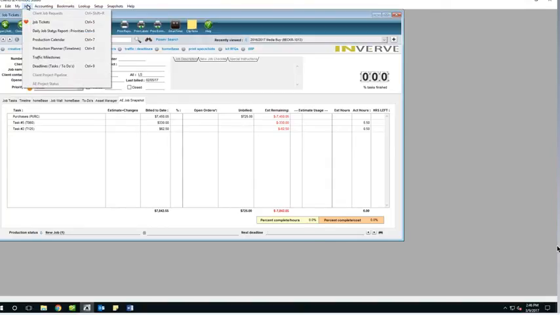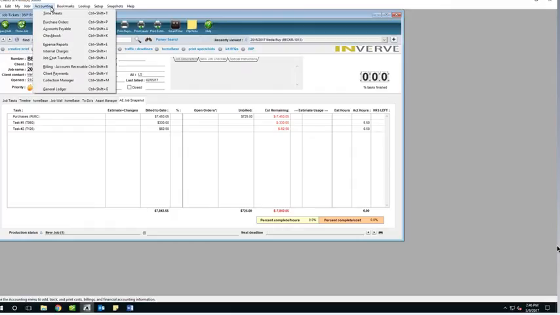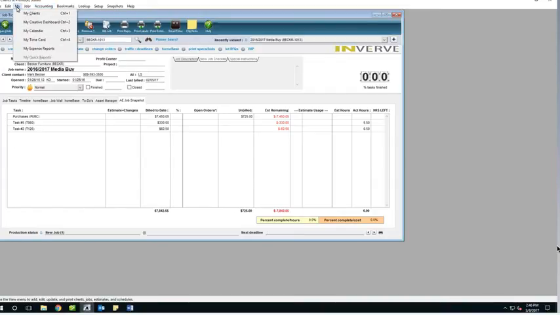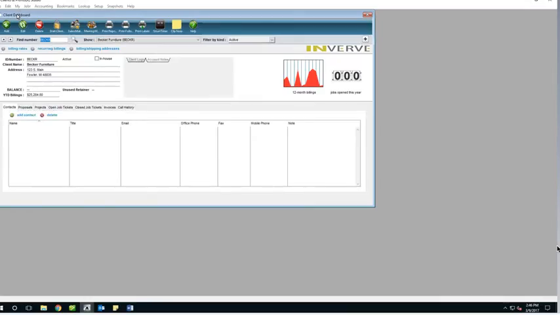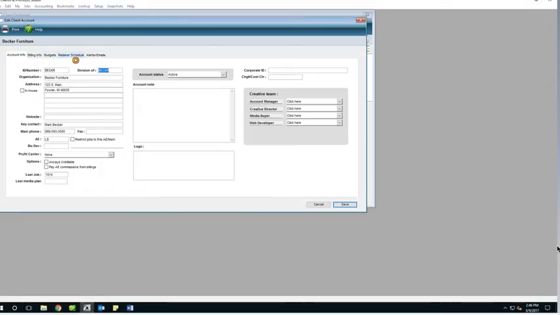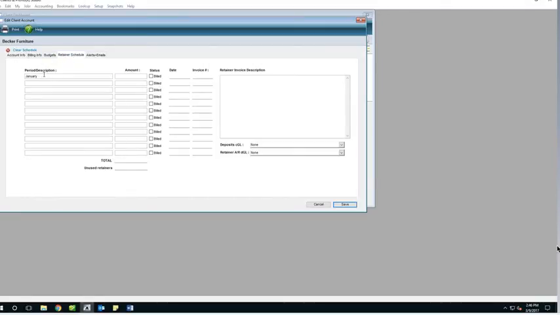Now, this window, if you go down to, okay, you guys are in studio, so let me show you this. I'm going to go to billing. After, I'm going to take you to the client file first, so bear with me. In the client file, you have two billing types that you can set up here. If you click on the edit button and you go to retainer, this is where you can actually set up a schedule, usually January through December, and how much you want to bill. If you can bill by retainer, so let's say I had a client and they normally get $15,000 of work out of us a month,